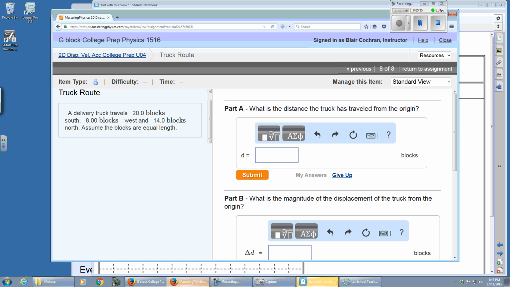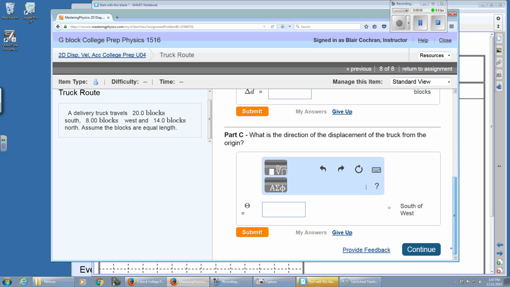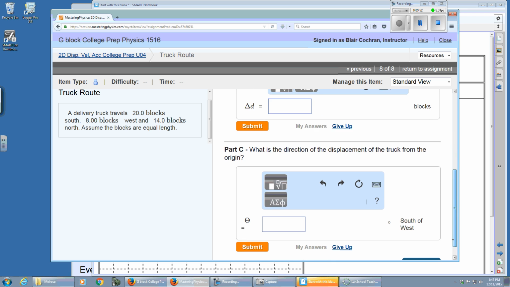So, a delivery truck travels 20 blocks south, 8 blocks west, and 14 blocks north. Assume the blocks are equal length. What distance has the truck traveled? What's the magnitude of the displacement? And what's the direction of the displacement of the truck from the origin? All right,